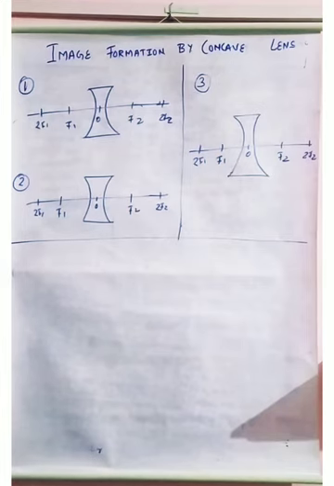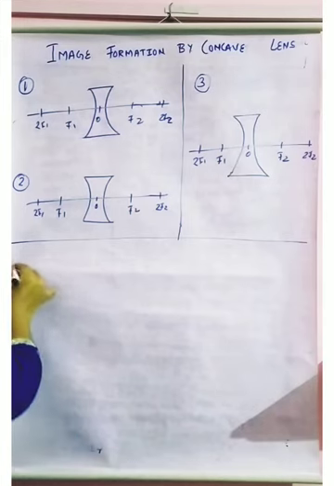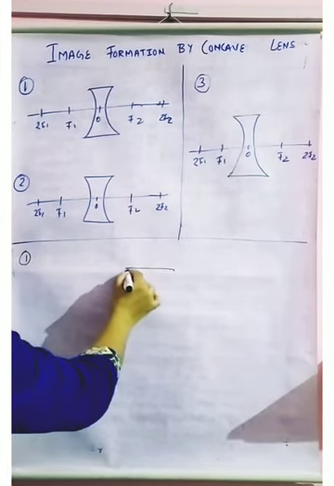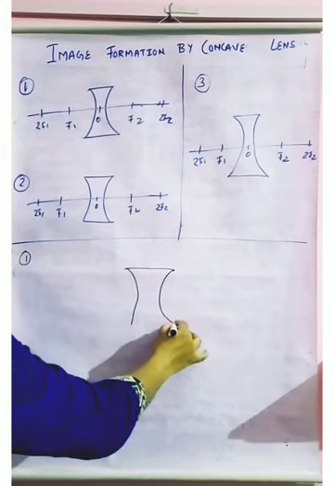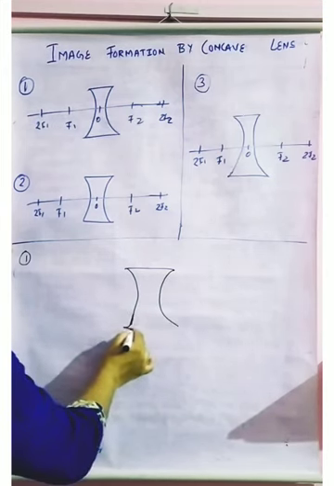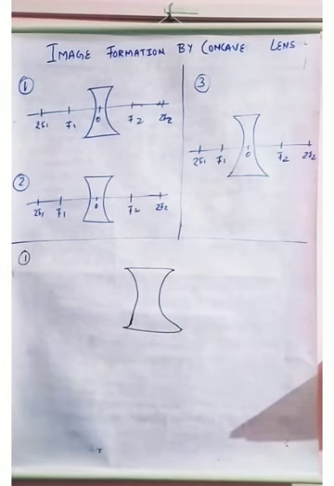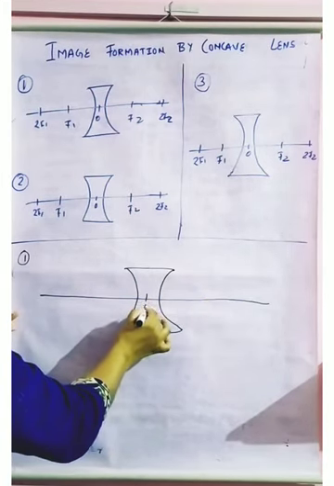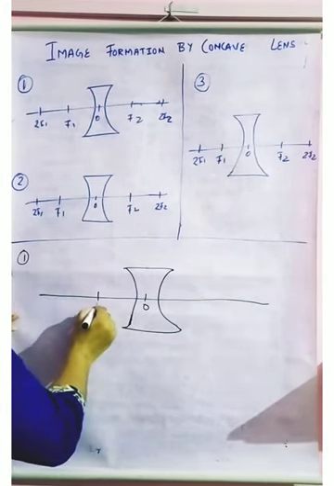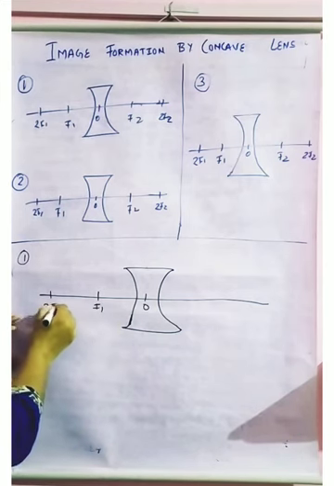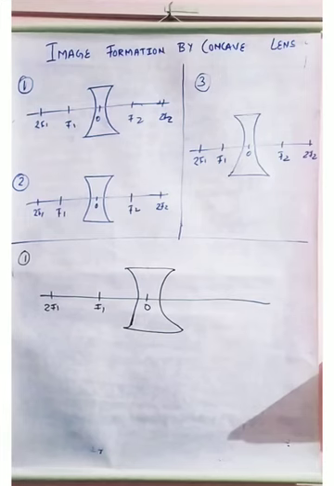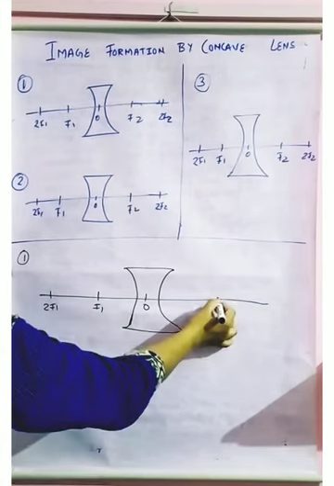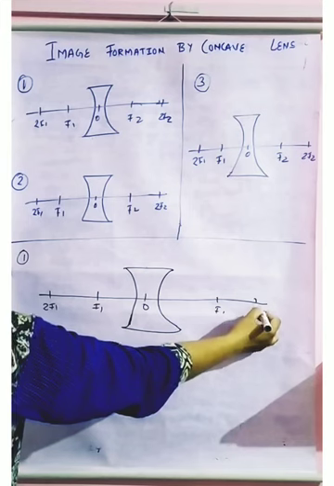Okay, so now here we are going to talk about the image formation by a concave lens. Understand, in the concave lens the image will always be virtual, erect and of small size, irrespective of where we keep the object. That doesn't make any change in its size and nature. So we are going to see only two cases: when the object is at infinity, and when the object is somewhere between optic center and infinity. So how the image is going to form in this case, we have to see.